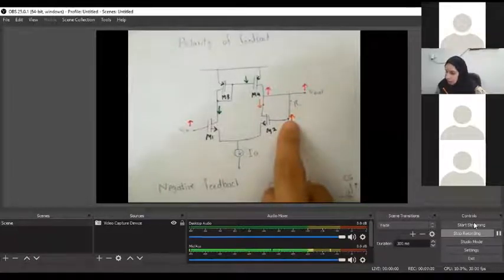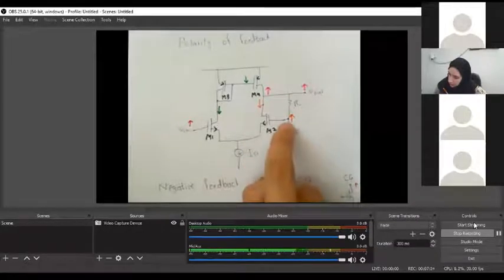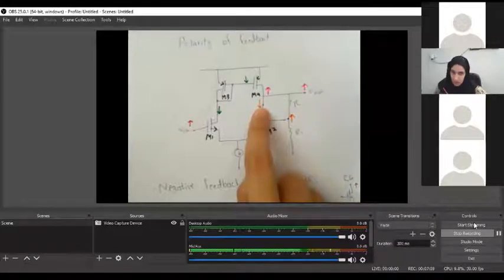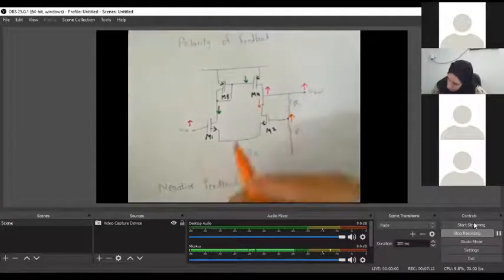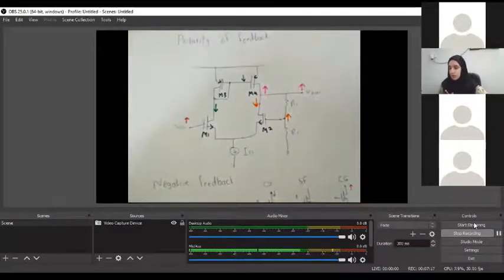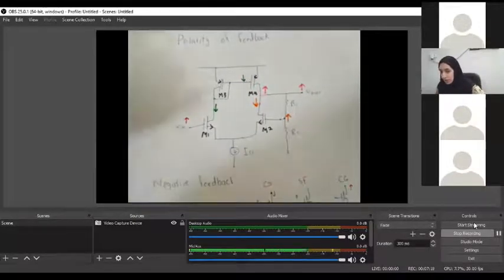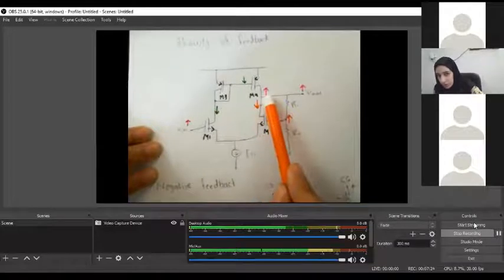Now going from here to here, what happens? This is a gate of a transistor M2 going up, and I want to check at the drain of this transistor. So since it's again a common source, this is going to be going down. Why? Because again, common source is inverting. You can see now what's happening here. The input increasing has caused V out node to go